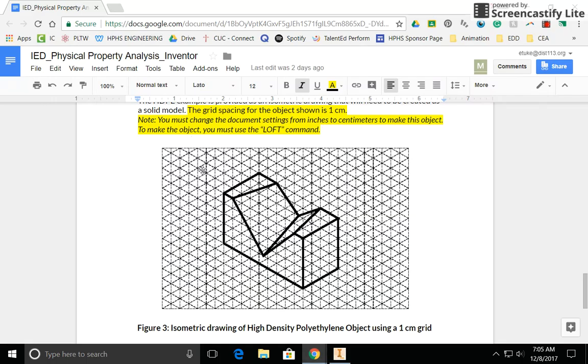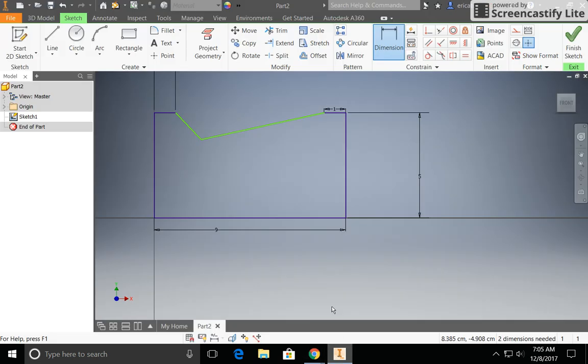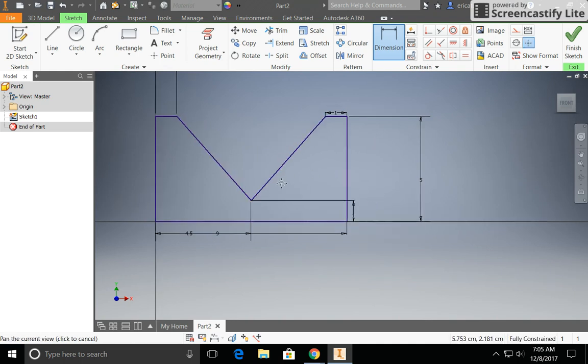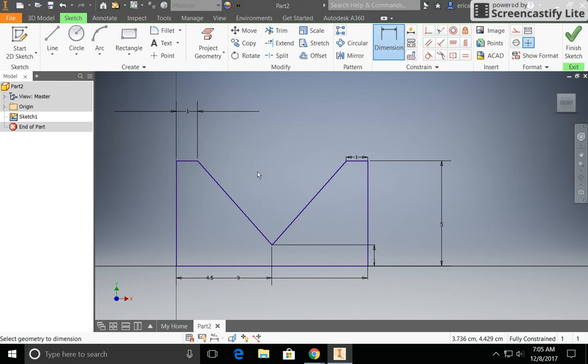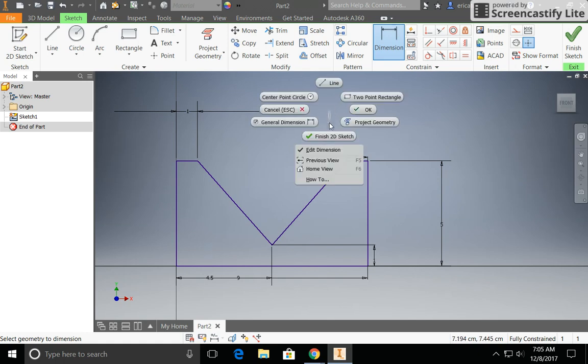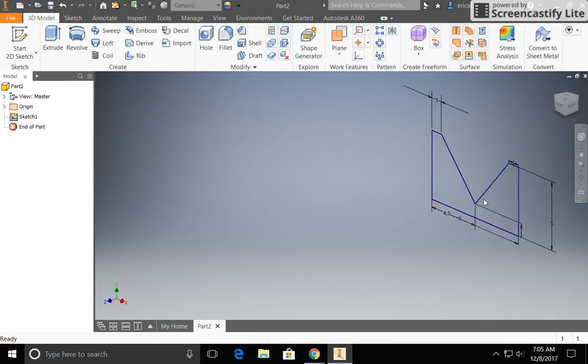We can also identify that this point here is 1, 2, 3, 4.5 blocks from the left, and it's 1 block up from the bottom. So I'll click on the side, click on this point, and drag down. That's at 4.5. And then the distance from the point to the bottom of the part is 1 centimeter. And once I have all those dimensions in, I can right-click, finish my sketch, and I will show you the